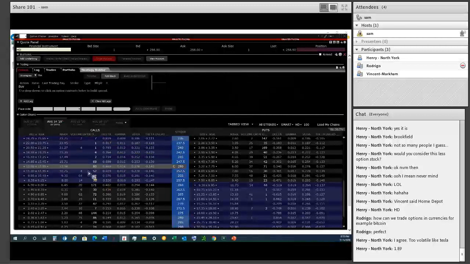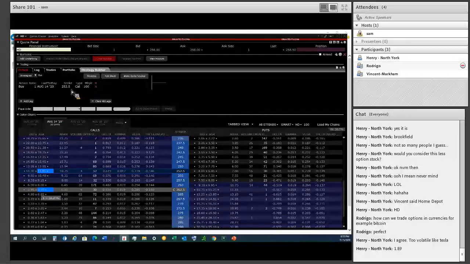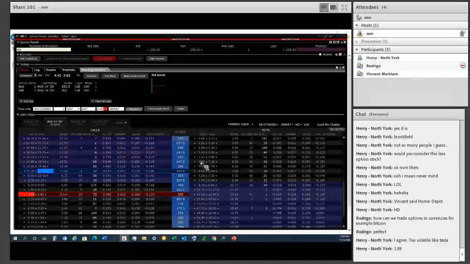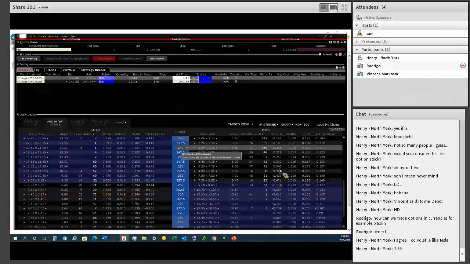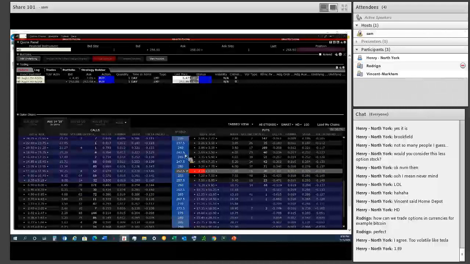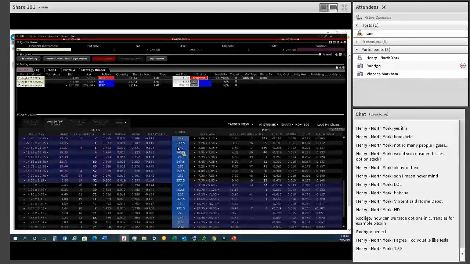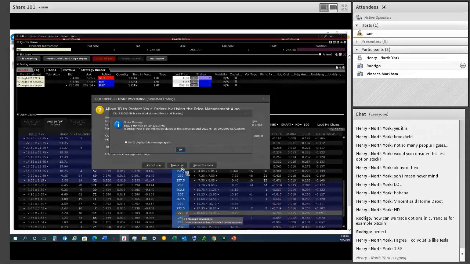That's just telling us we're going to do it tomorrow. Another thing we're going to try is what we did with the other one. We're going to buy the 60 delta, closest to 60, the 252.50, and we're going to sell the 40. See how that one turns out. Okay, so we're going to transmit that one. And we're also going to try selling the put. So we sell closest to 40, which is this one. So we're going to sell that option, and see how that works out.